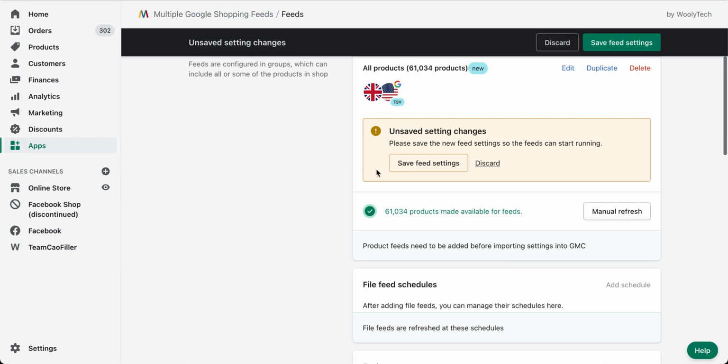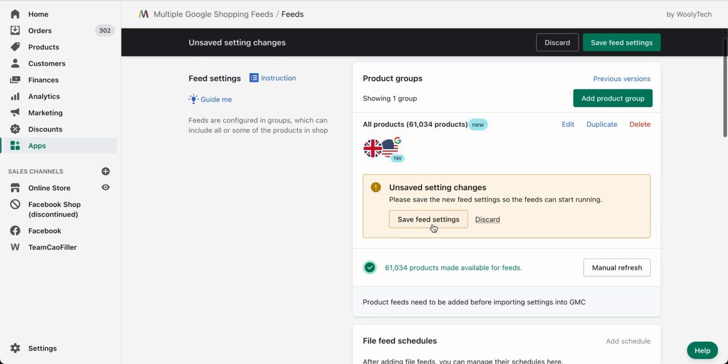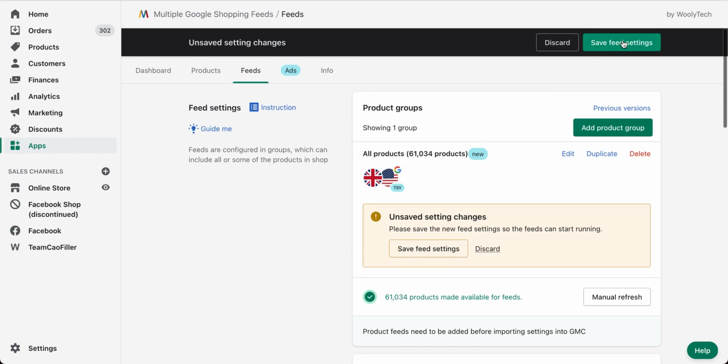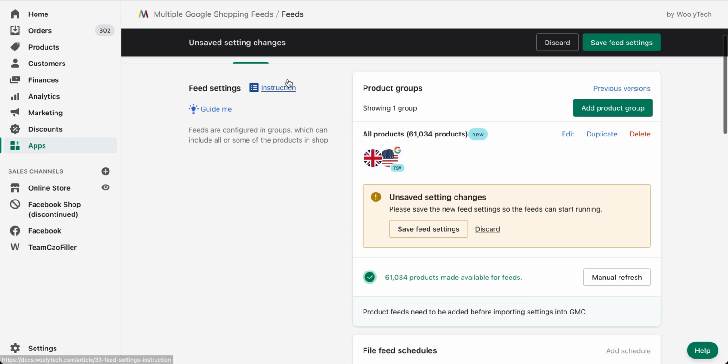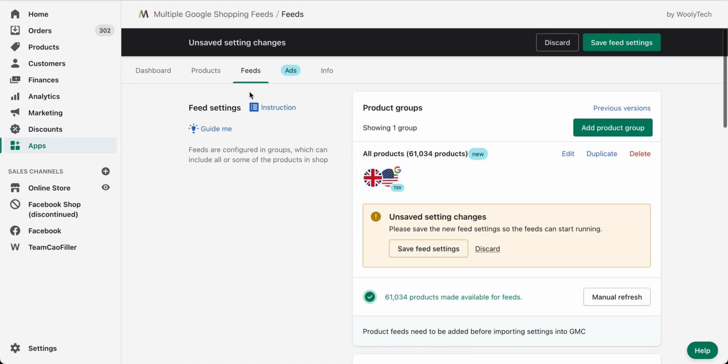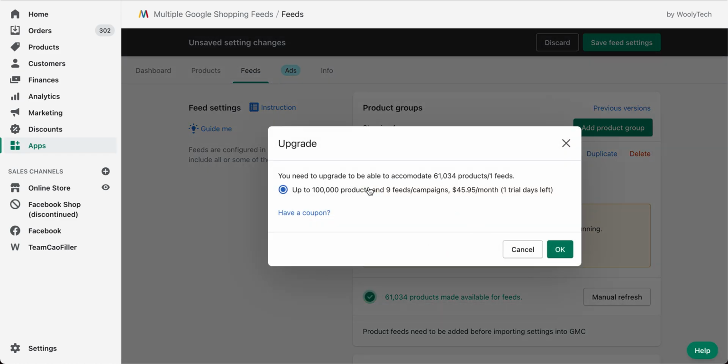Okay. So I need to save several times. It's very important that you quick save all the way until you arrive at the feeds tab, and this is the final save button. Okay, the app asked me to upgrade. In this case, I don't really want to upgrade yet.